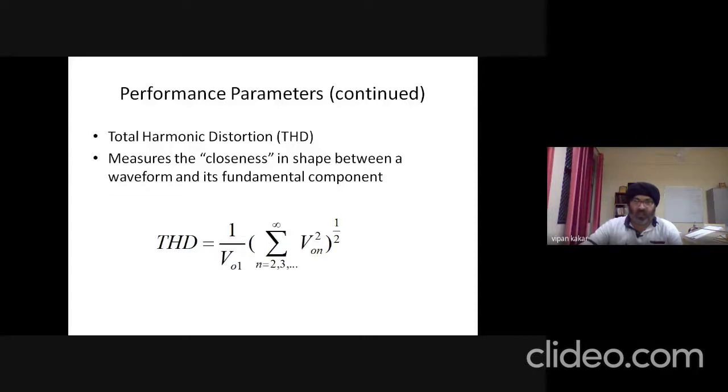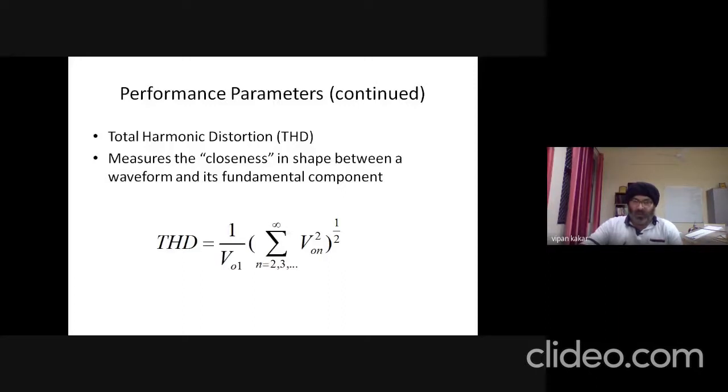So that's why total harmonic distortion will give us a measure of the quality of the output. A higher value of total harmonic distortion means lower quality of a device, let's say in this case an inverter. So it's a low quality inverter. If the total harmonic distortion value is very low, it means it's a high quality inverter. Just to give you a basic idea. I think you have already studied this term in previous classes.